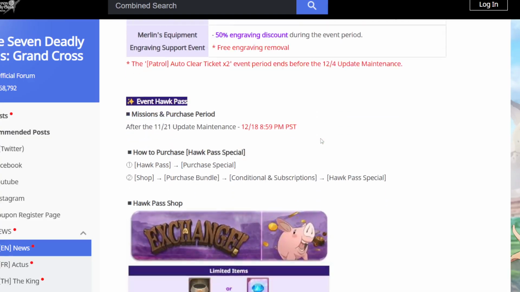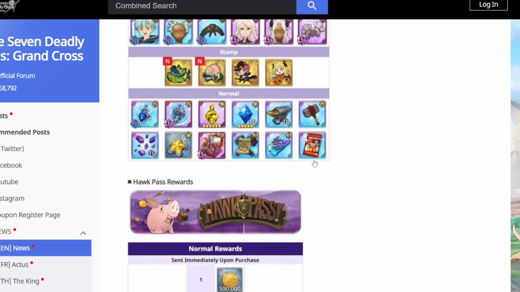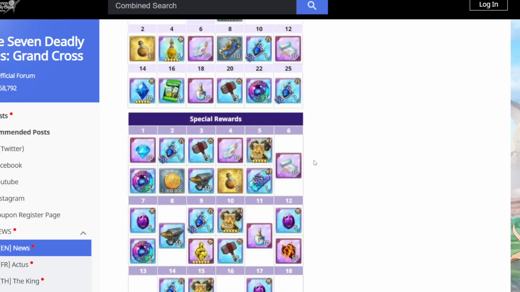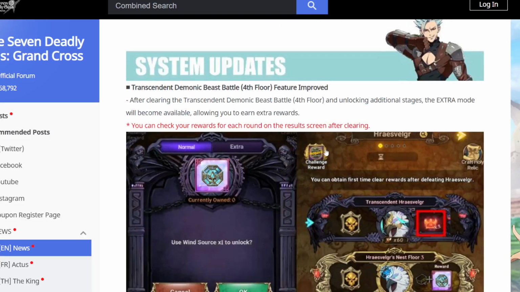All the buffs and stuff. Hall Pass outfit is a Sab outfit, which is probably going to be really cool, and I'm going to be getting that immediately. Standard stuff. More event stuff. System updates. So, recently, we've been able to do...